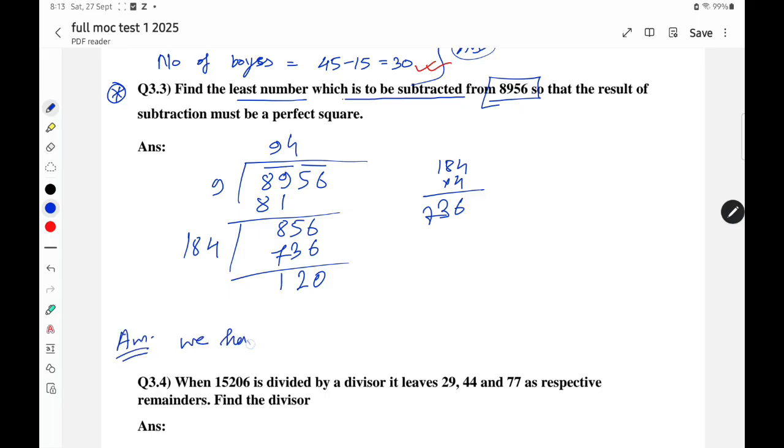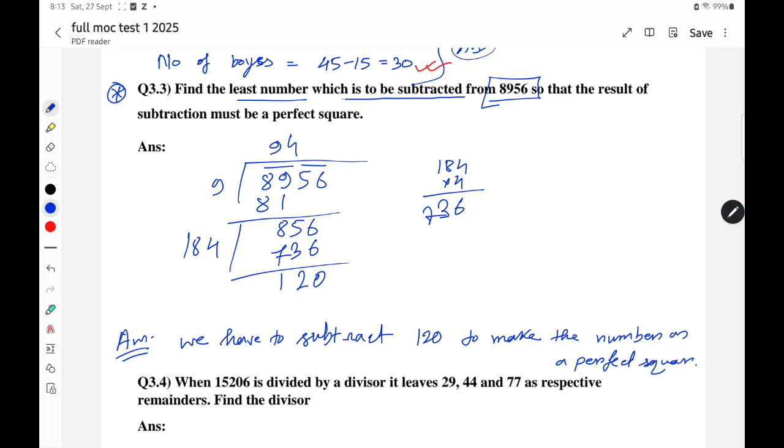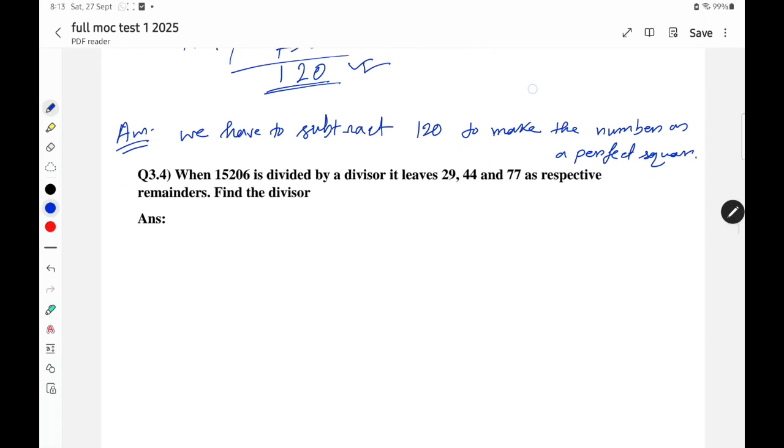So the answer is we have to subtract 120 to make the number a perfect square. ওকে, সো আমাদের এটাকে পারফেক্ট স্কোয়ার করতে গেলে 120 সাবট্রাক্ট করতে হবে। এটা একটু ইজি কোশ্চেন ছিল।